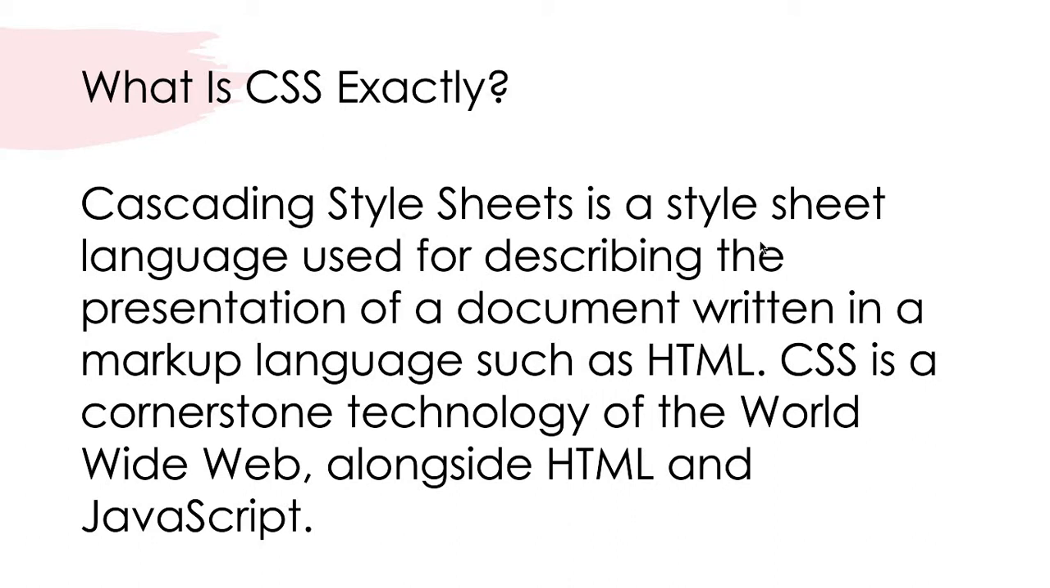CSS, Cascading Style Sheet, is a style sheet language used for describing the presentation of a document written in a markup language such as HTML. CSS is a cornerstone technology of the World Wide Web alongside HTML and JavaScript. So this basically means, and how does